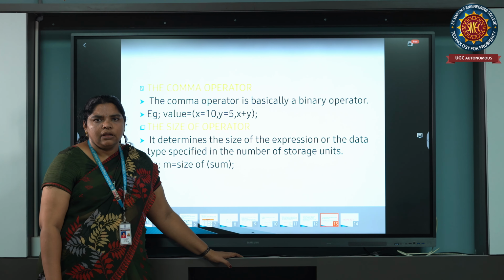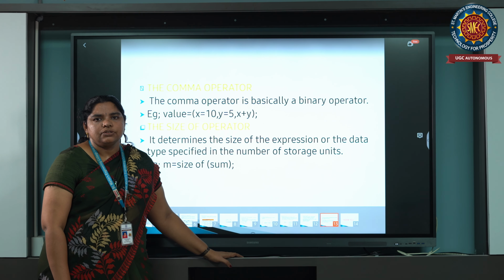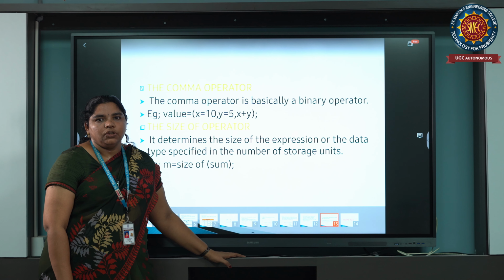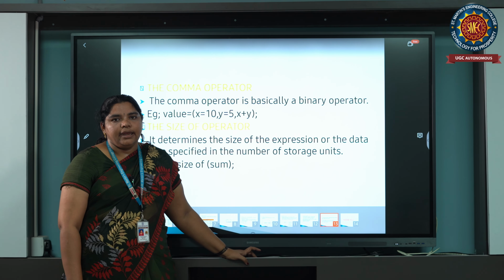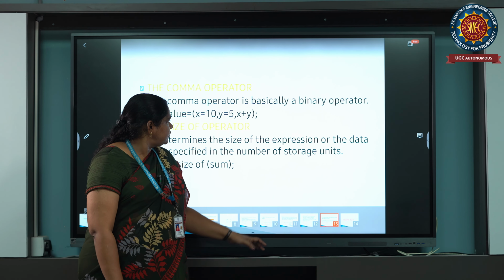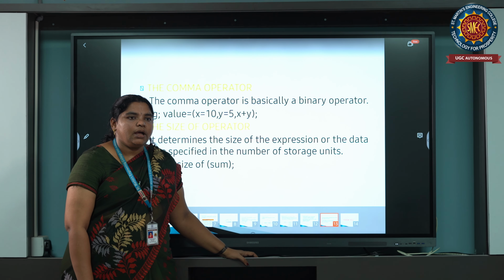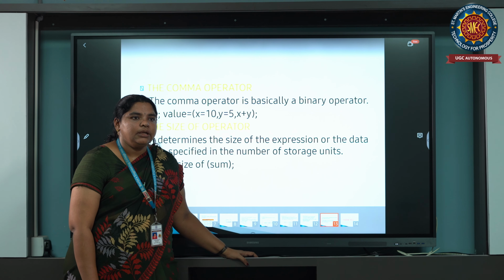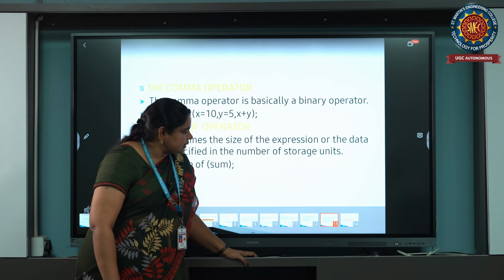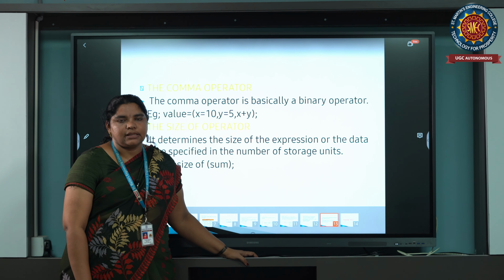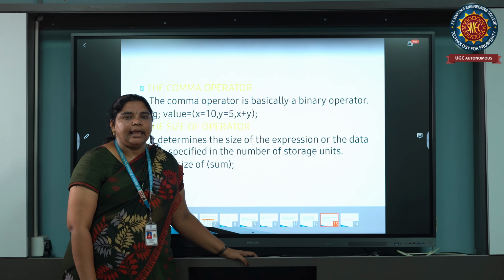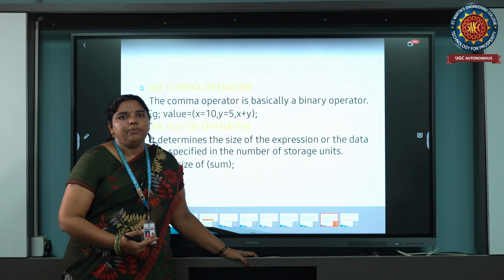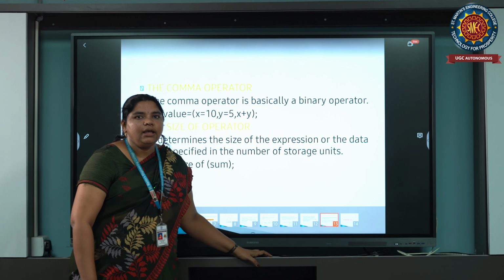So by using x equal to 10, it means it's nothing but assigning a value to the variable. Okay, x equal to 10. And what about the comma operator? And next one is sizeof. So we can discuss the different types of sizes also: int, float, char, and different types of data types. Each and every data type can assign some values to the variables.